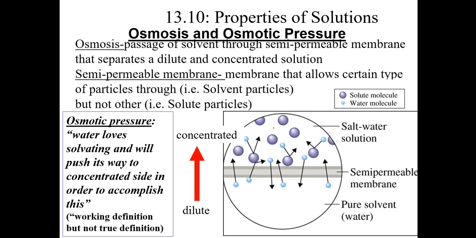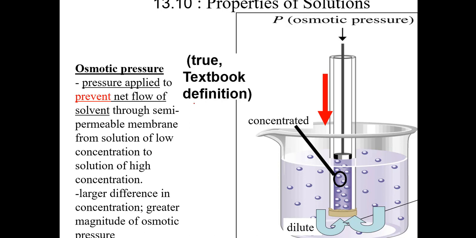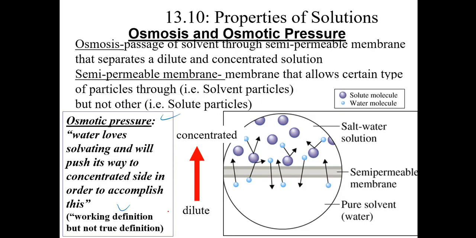Now, let's get into the term osmotic pressure. We have two definitions. We have the working definition. It's not a true definition that we like to use in science because it's not measurable. And then we have the textbook definition. This is an ugly definition that's hard to understand, but we like using it because it's measurable. We can take measurements using different types of instruments and perform experiments with it. So let's go through